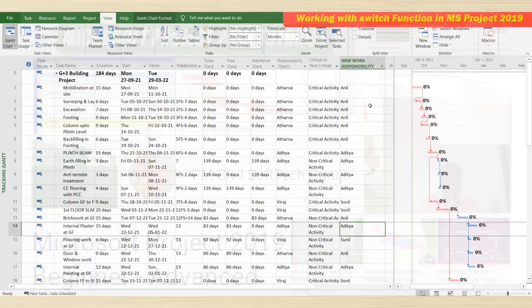If you know how to use MS Excel, MS Word, MS PowerPoint, then it will be easier for you. It will be an advantage to you. Here you need to learn theoretical concepts too. So what is meant by critical activity? What is meant by work responsibility?